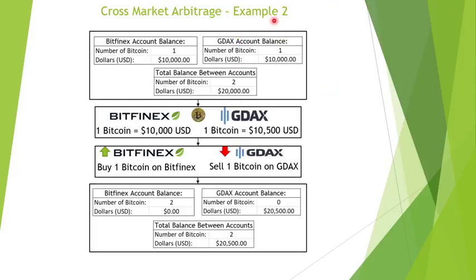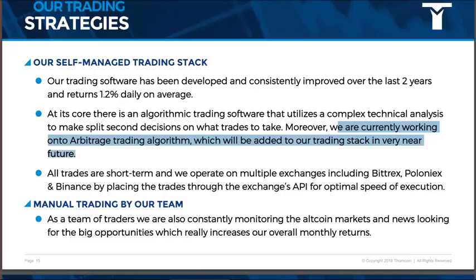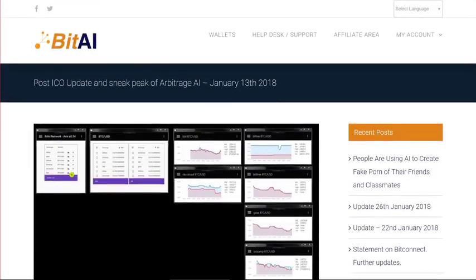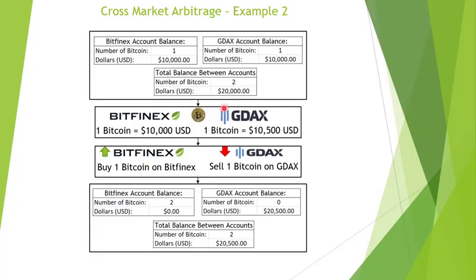And this is just 2 examples of arbitrage. There's several more. Lots of different ways of doing this. You can look some of those up on your own, but at minimum we wanted to try and explain to you how Thorncoin, how BitAI, and some of these other platforms are trying to take your lending amount and turn it into some type of return that they're profit sharing with us. Hopefully this makes sense. There are some issues with arbitrage, and of course we talked about what they were for this simple example. This cross-market arbitrage, where you've got coin in two different accounts, has its own issues,